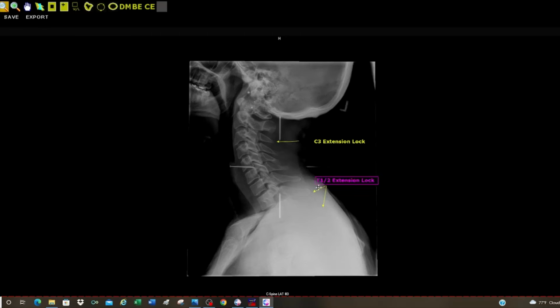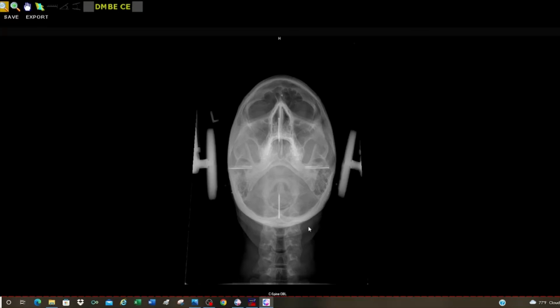I'm going to show you with the marker, but we can see T1 and T2 need adjusting. Also C3 needs adjusting. So kind of cheating when I know all this. This is lastly the vertex, not lastly, second to last, the vertex film. Vertex film is where we take a picture right from the very top of the patient, looking straight down onto